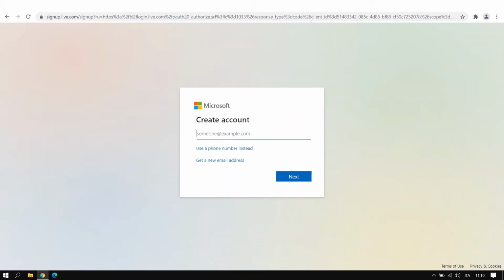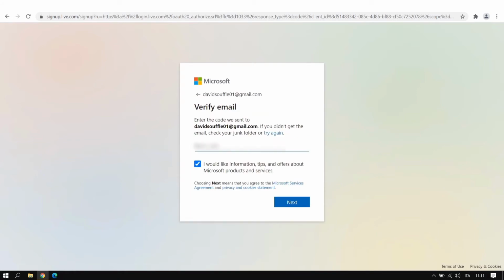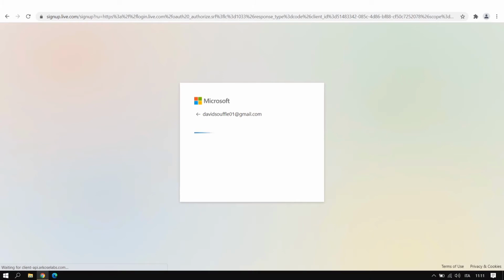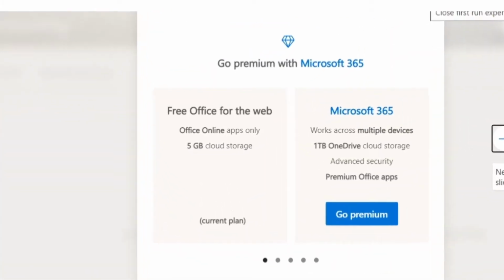To continue, you must enter either your phone number or your email to connect to a Microsoft account or create a new Microsoft account. I choose to link an existing email of mine. Then, enter the email. Create a password, verify your account by entering the code that was sent in the mail and complete the last steps. Done. Now you can use Microsoft Office completely free.